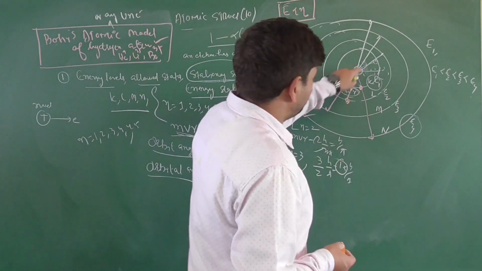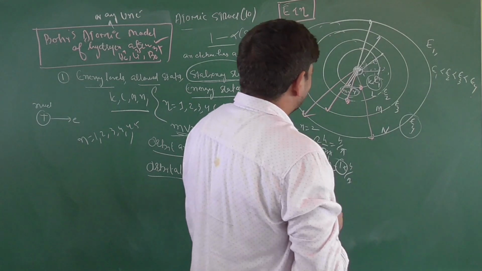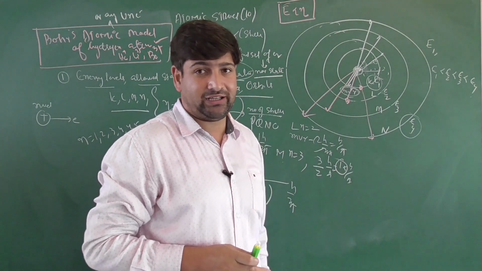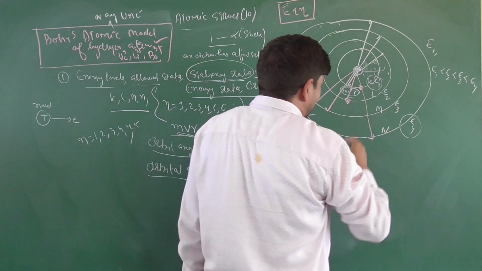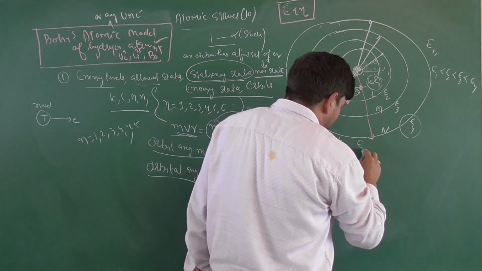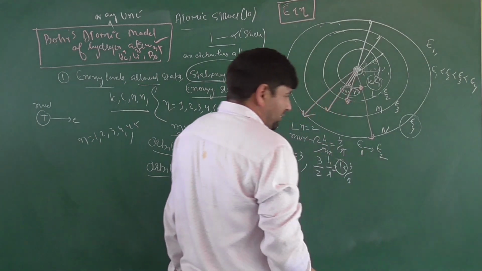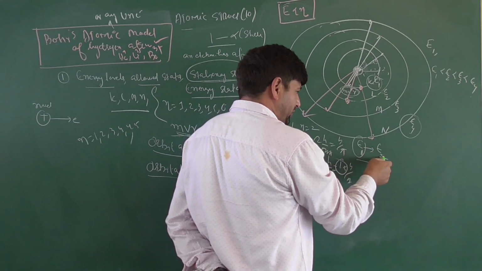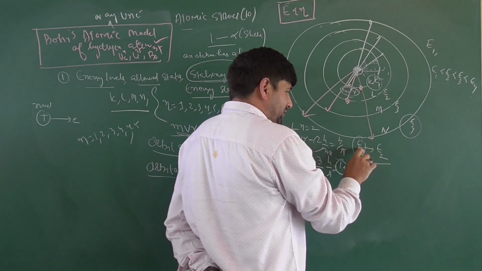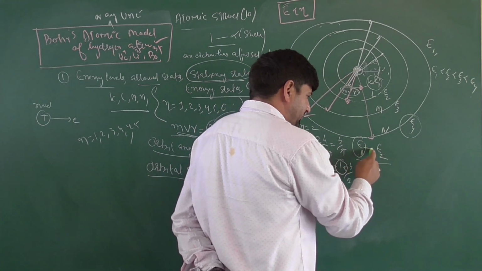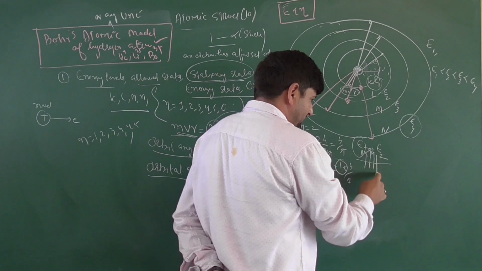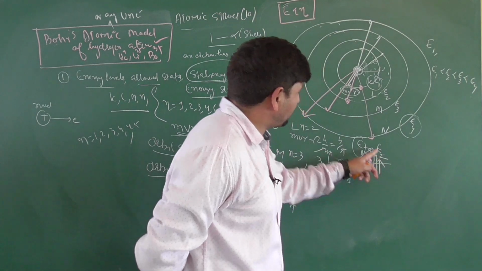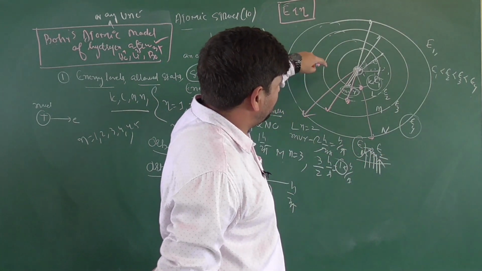Very good. Now these are different energy states. If I want to excite an electron from energy level E1 to energy level E2, do I need to give energy or not? So excitation is possible when the electron goes from energy level E1 to energy level E2. Now where will the electron be more stable, E1 or E2? E1 is more stable compared to E2. So in order to move an electron from a stable to an unstable zone, you have to give energy. Once energy is given, it will move from energy level 1 to energy level 2.